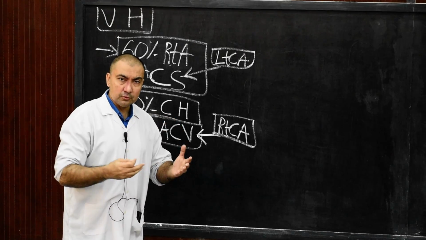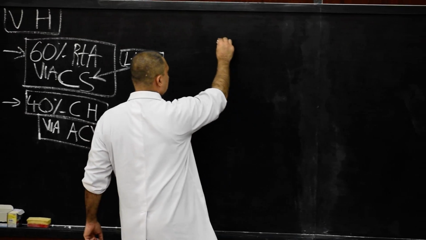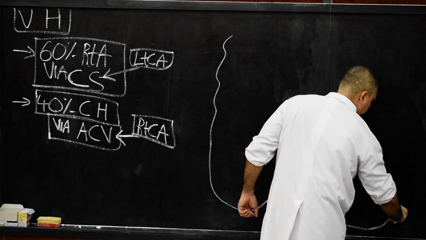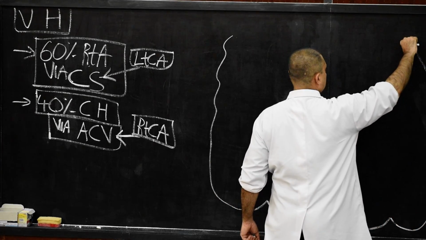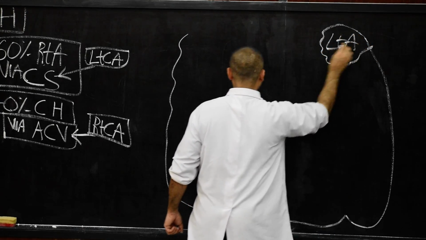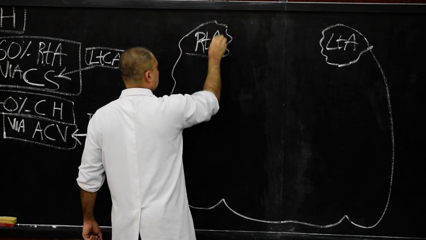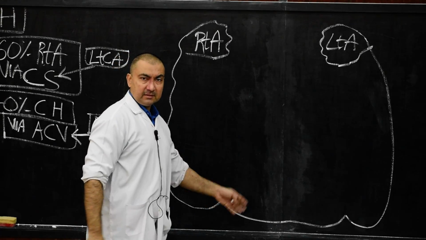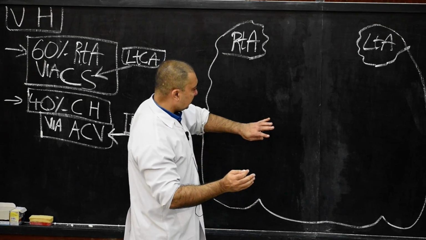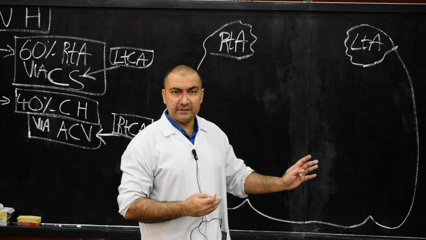And now we go to the basic diagram. Now in the basic diagram, the same diagram which we have to draw, this will be the inferior border which I am drawing, and this is the left border. And here we come up with the left auricle. Also over here we will come up with the right auricle. Right border, left border, and the inferior border of the heart. Very simple. We are not complicating, we are looking at the heart from sternocostal surface. So this is the view of the heart from sternocostal surface, anterior view.